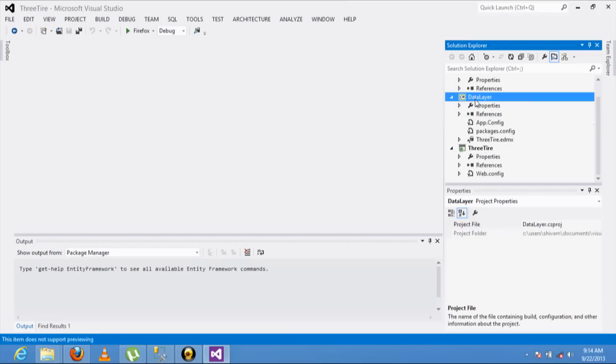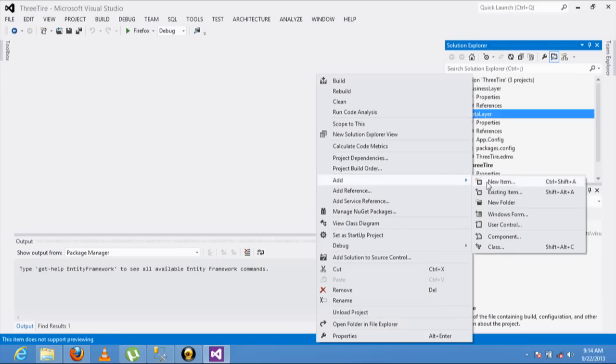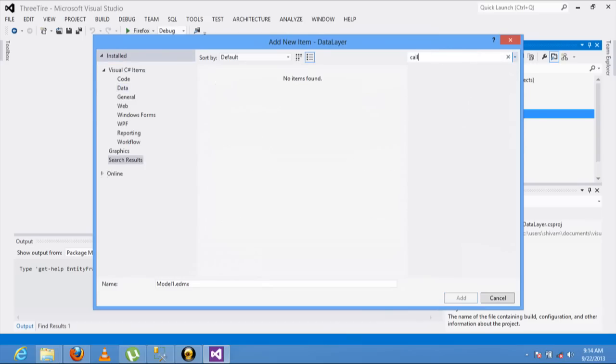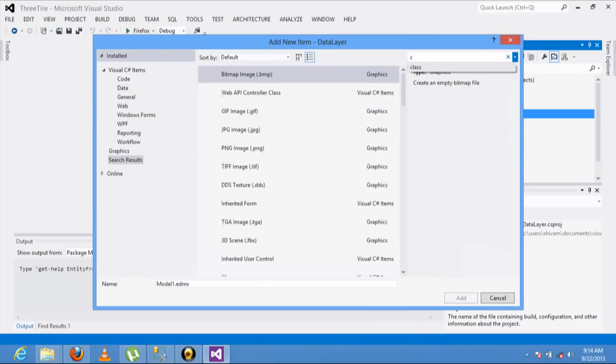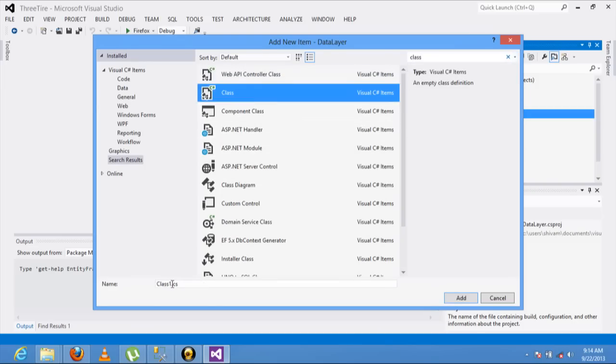Now what I have done here, I am creating a class, add. For accessing the data, let's name it tbl_member_master_provider.